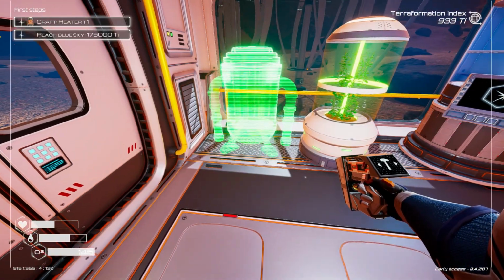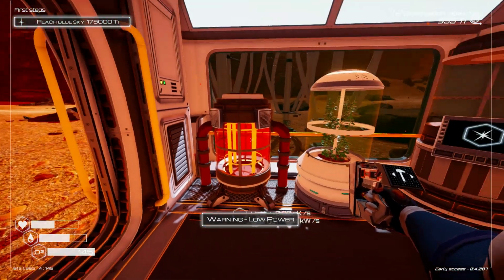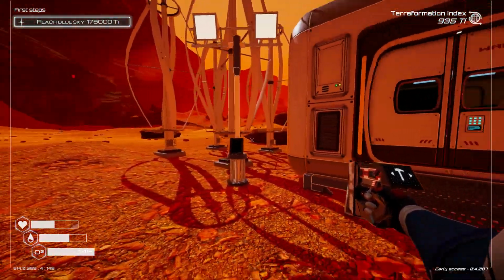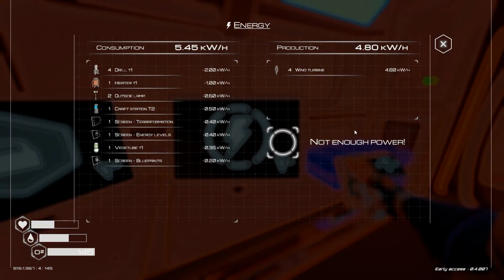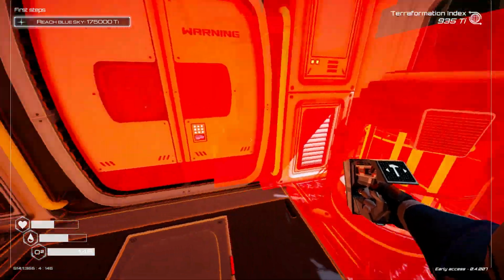So as you can see, now we have the materials to craft the heater. But also, now you can see we've added something new into the mix, so the power's gone down. So this is what I mean. You'll be able to go check your interface and show that there is not enough power, because the consumption is 5.45k and the production is only 4.8. So you're going to want to build another wind turbine,